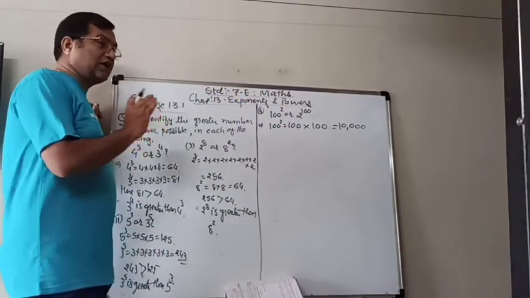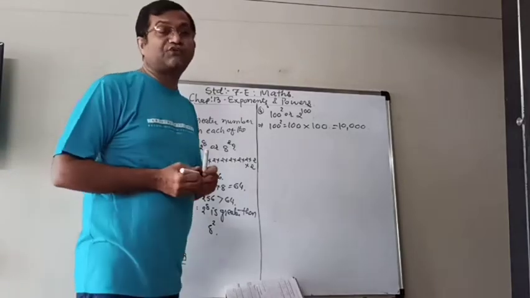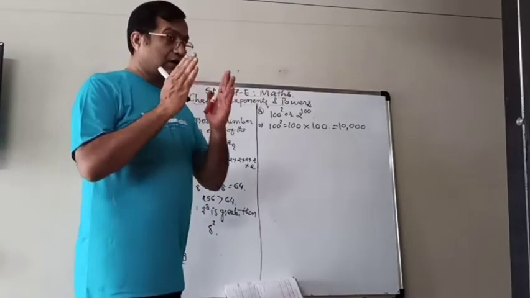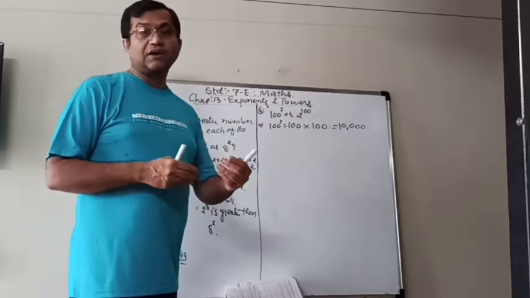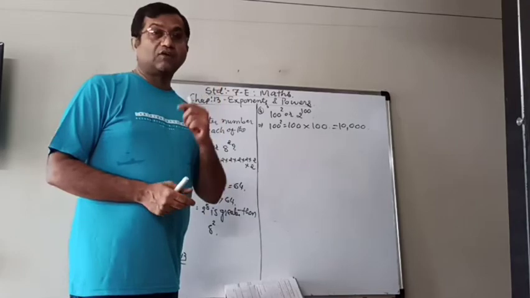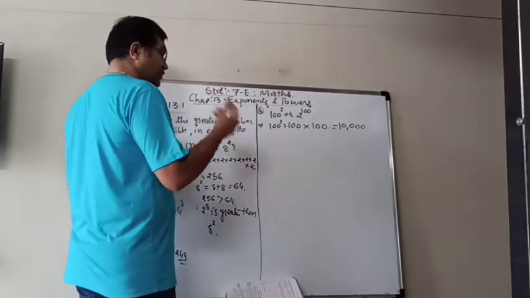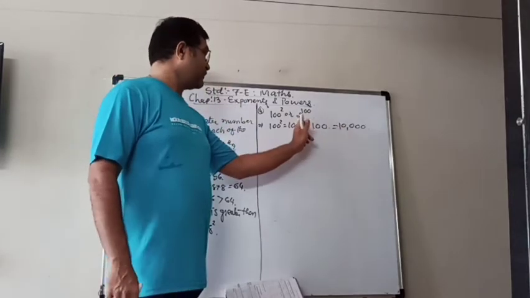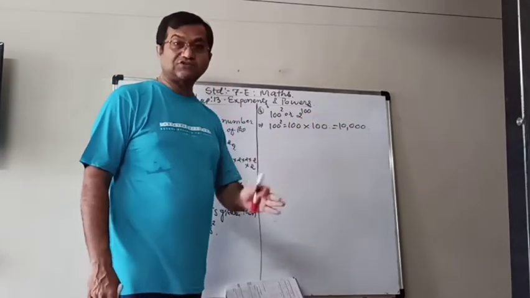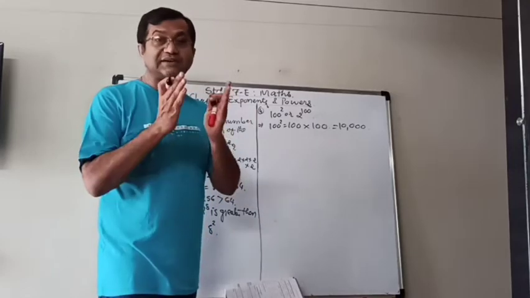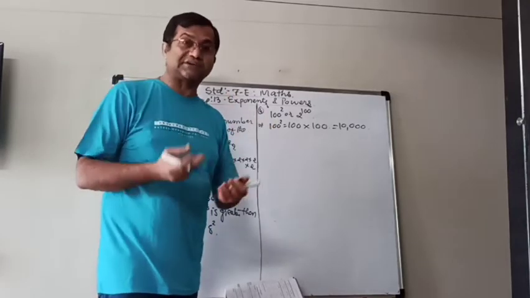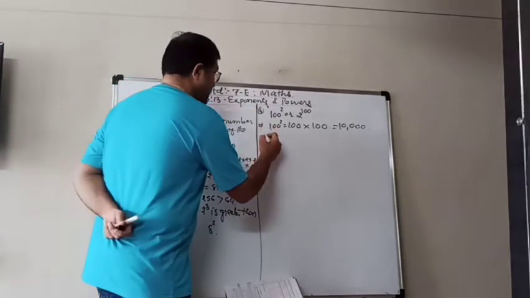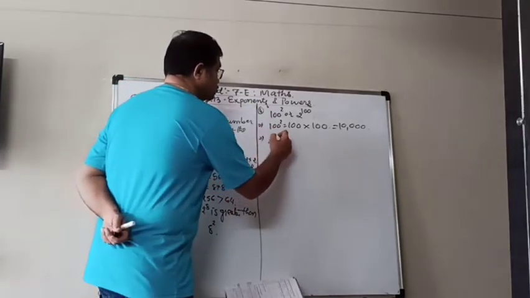Now 2 raised to 100, it is not possible actually to find very quickly. It will take time. But approximately we will check what the value can be. We are not going to find the exact value, but we will just find out whether 2 raised to 100 is more than 10,000 or less. We can't exactly find it because it will take a long time, as you have to multiply 100 times. So look here, I will give an idea. 2 raised to 100.